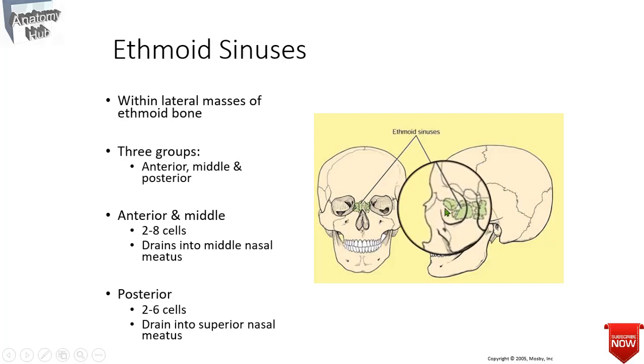And this sinus is supplied by the sphenopalatine artery, anterior ethmoidal artery and the posterior ethmoidal artery. And the lymphatic drainage of the sinus will be the anterior middle group of the submandibular nodes, and posterior group of the retropharyngeal nodes. And the nerve supply will be the anterior ethmoidal nerve, posterior ethmoidal nerve, and orbital branch of the pterygopalatine ganglion.